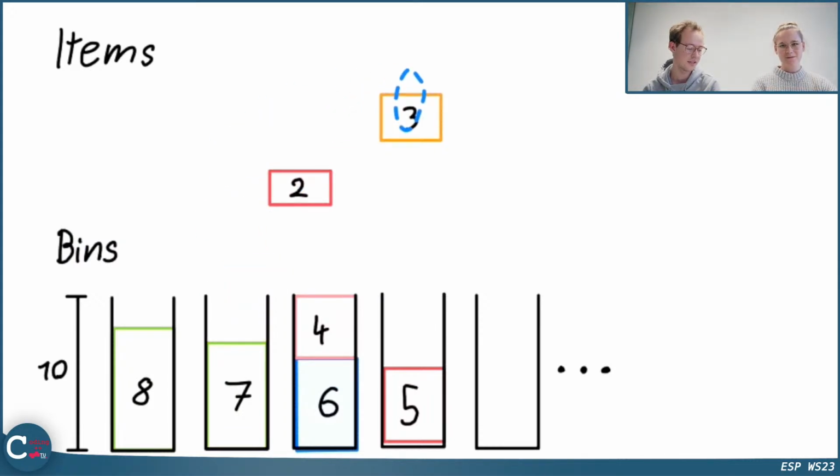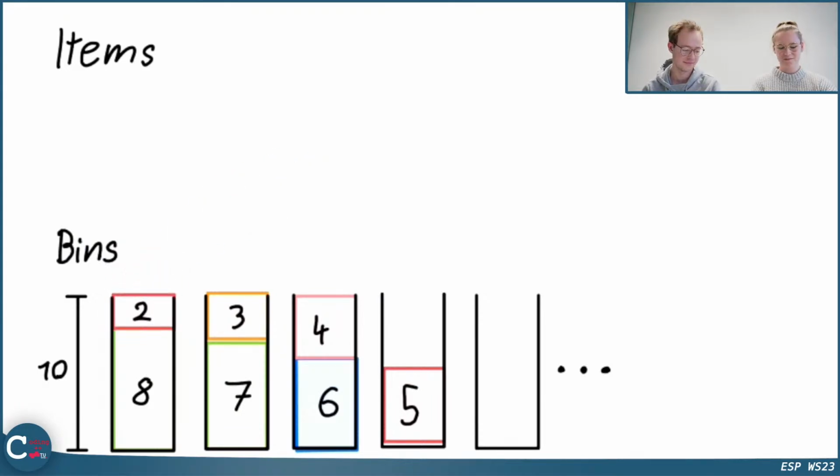So this was the state before I did something wrong. We take the 3, look at the first bin, it doesn't fit. So we put it in the second bin because it does fit here. And then when we consider the 2, it does fit in the first bin, so we put it in the first. Okay, now it's correct. Yeah, and now luckily everything is perfectly full now in the first 3 bins.